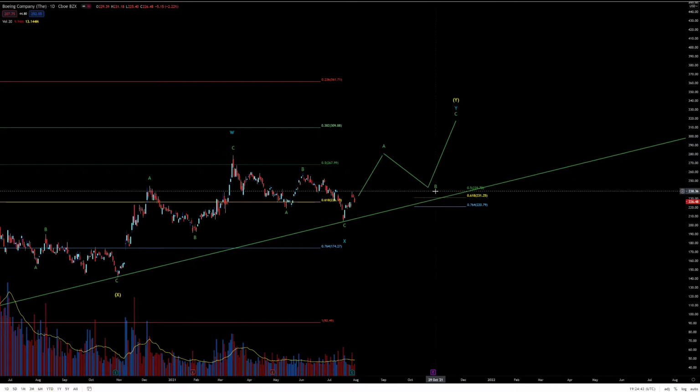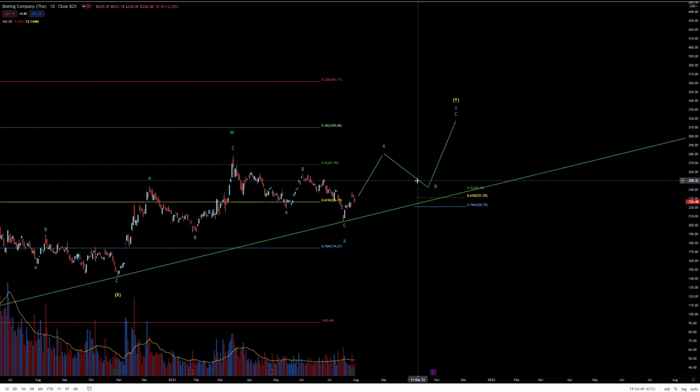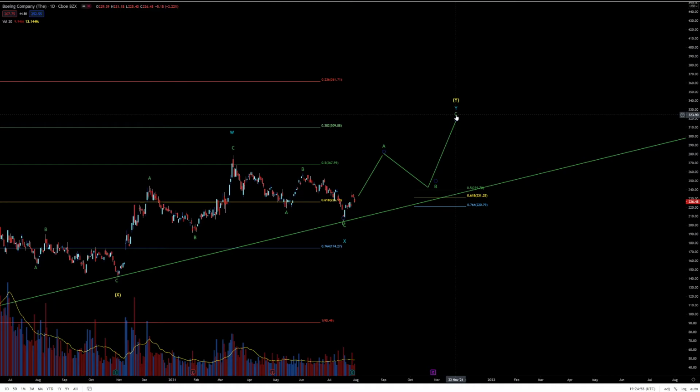Where's it going to take us? Well, it's going to take us close to the uptrend line. It's probably not going to touch it, unless the market's in a really bad spot. It'll probably be a little bit off at maybe 250, somewhere in that ballpark. Either way, we're going to have a three swing to the downside for B, and then we're going to finish off with a five-wave impulse to the upside for our C, which finishes off this blue Y,